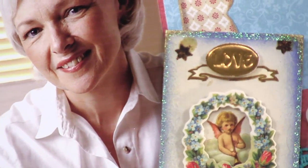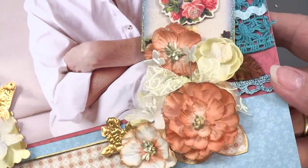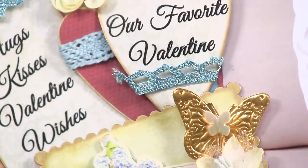Nice. Did you already point out the peach flowers? I did. I went around with the copper StazOn on the edges of the flowers. I didn't get to mention that, but nice. There's another kind of embellishment that you're going to see on here, not just the crochet trim,